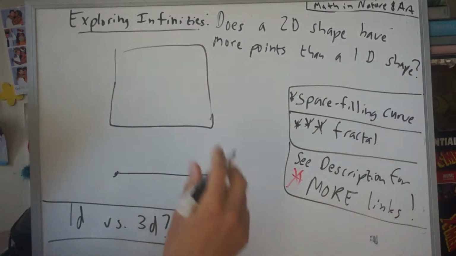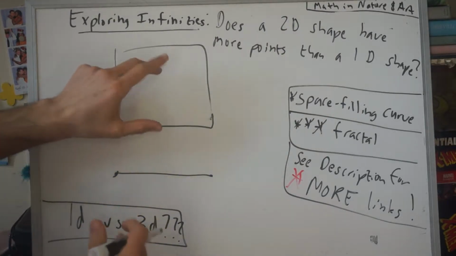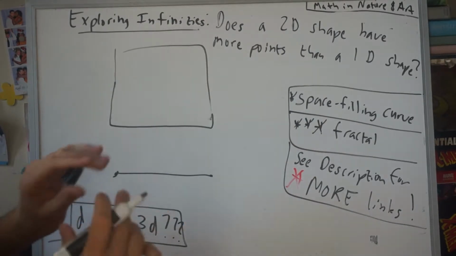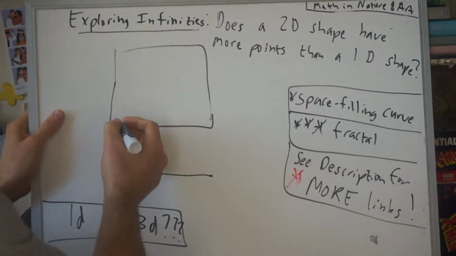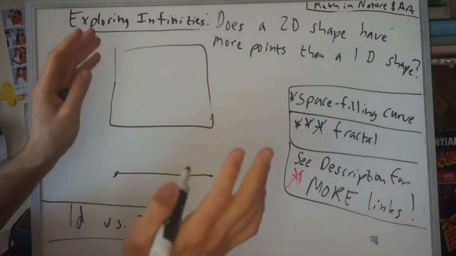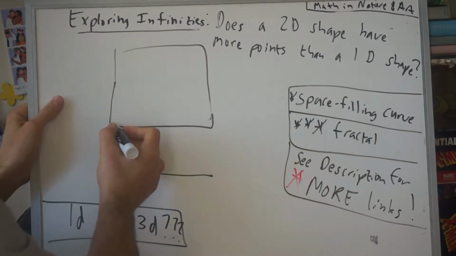And there is a very incredible way to show that there's in fact the same number of points in both. Now, how do you do that? I'm going to give you a very quick overview in a few seconds, and then I'll give you a few comments. Keep in mind, this diagram that I'm about to draw is terrible, but it's just to give you an idea. So if you create a super intricate curve,